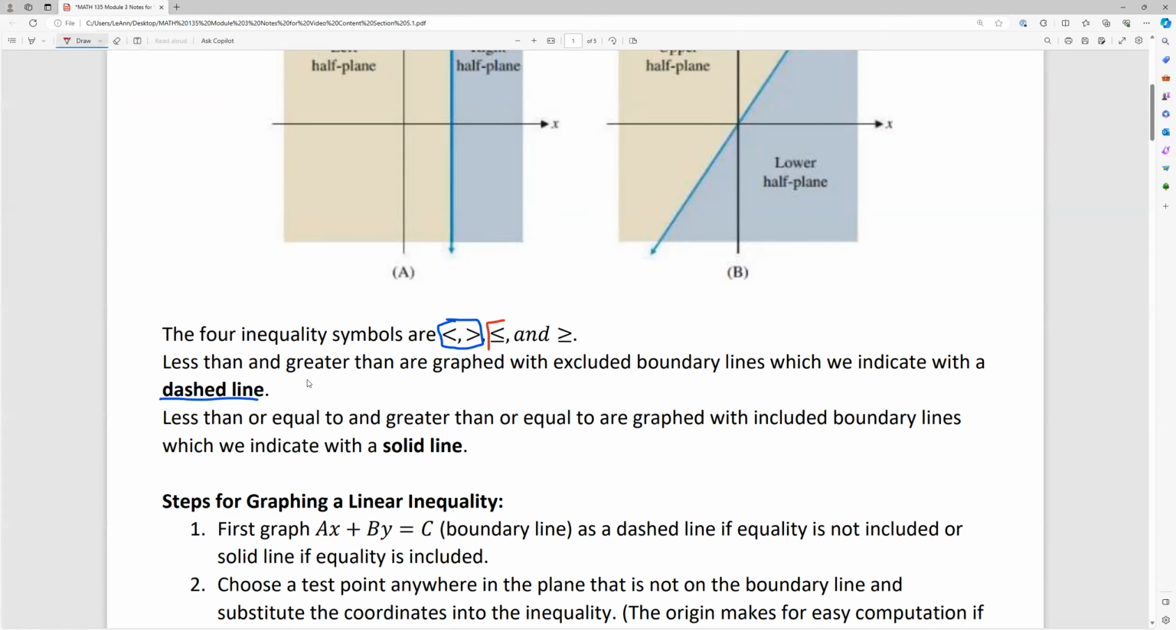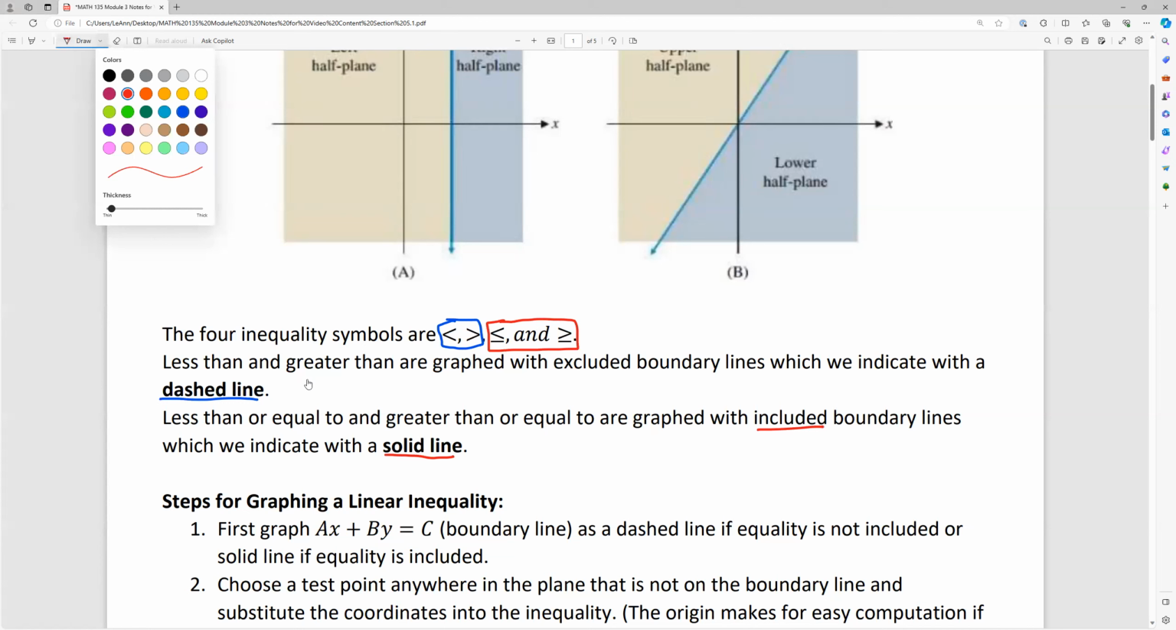If we have the less than or equal to or the greater than or equal to in our statement, then we're going to be including the boundary line as part of our solution. So we're going to be using a solid line. So I'm going to also underline the words included and excluded, just to make sure we drive that point home,